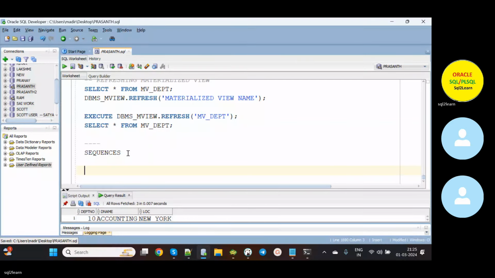Now we are going to see about sequences. So sequences are also treated as database objects. Generally we create a sequence in order to